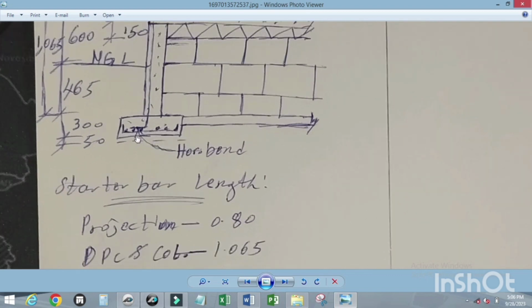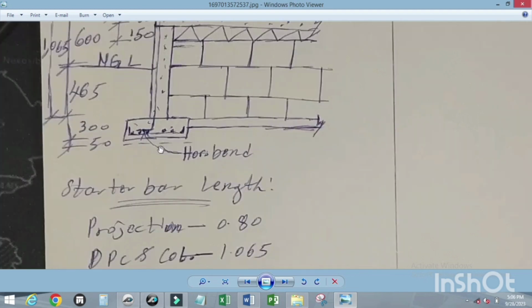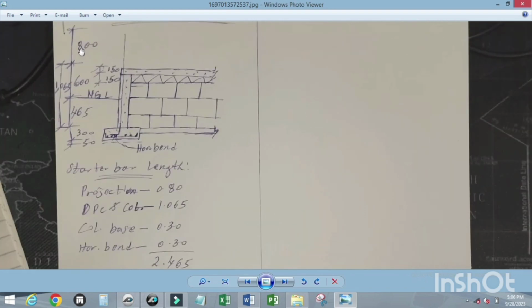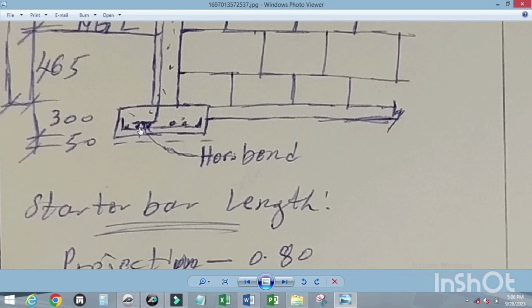So the concrete cover is 50 mm. And for us to deduct the cover from total length, this is the projection. Projection is 800. For us to deduct the cover from total length that we get for the starter columbar,